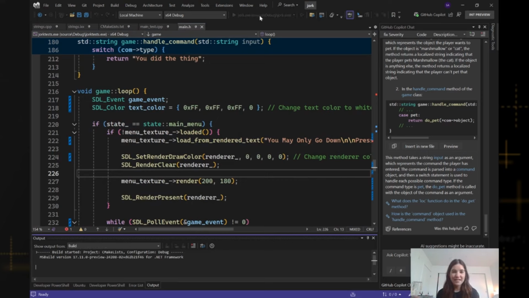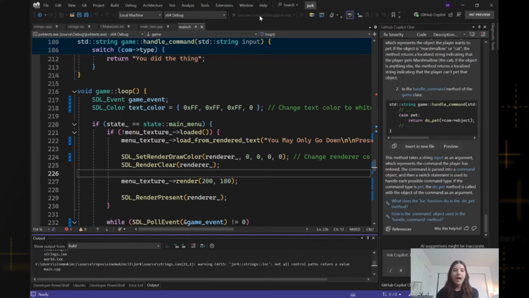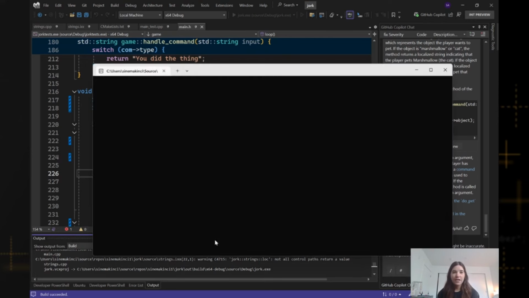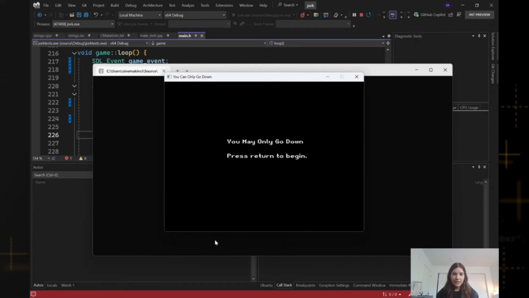So I'll run the application and take a look at all of that. So in summary, what we've done is we have updated the text colors to be better for those visually impaired, and we added pet functionality to the game. So the application is loading. All right. Upon first glance, the main menu looks a lot better. That contrast seems very good and